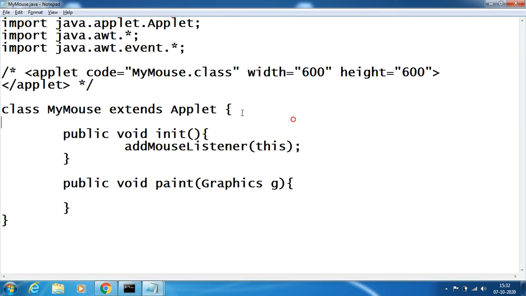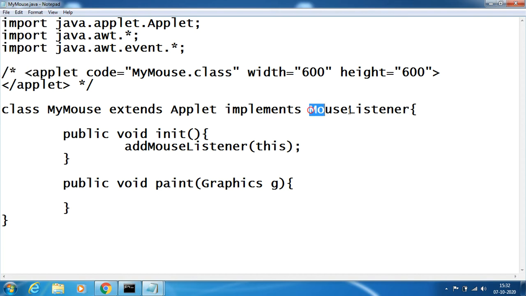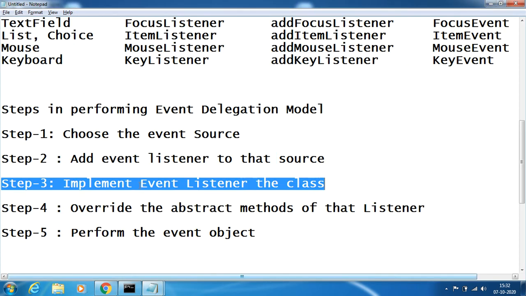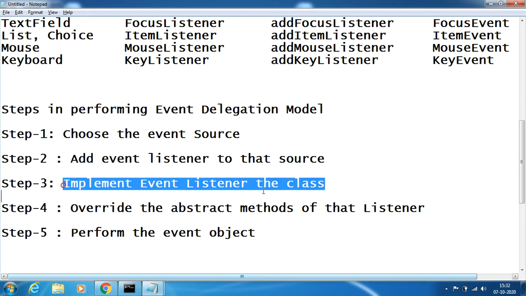How to implement is here itself. After applet, what I say? Implement which listener? Mouse listener. We have to give M and L capital letter because it's an interface. My second step is done. Add event to the listener, done. Implement event listener also done.